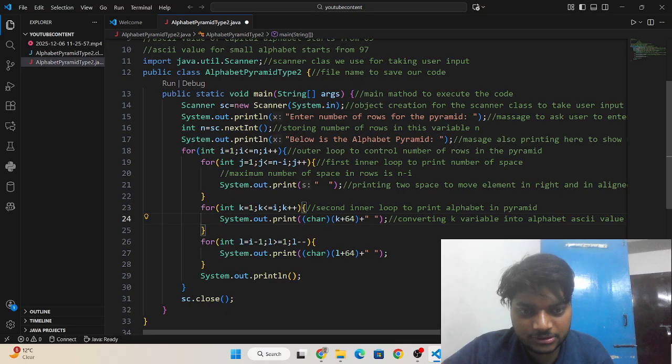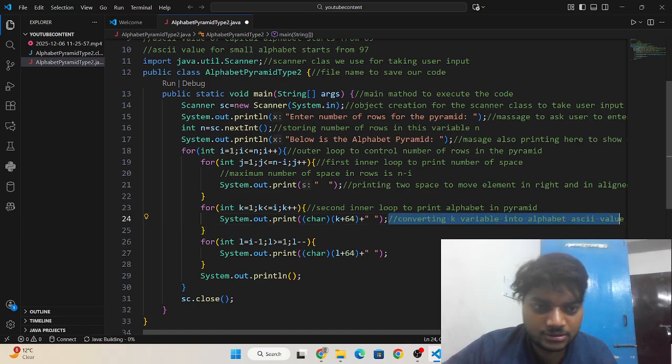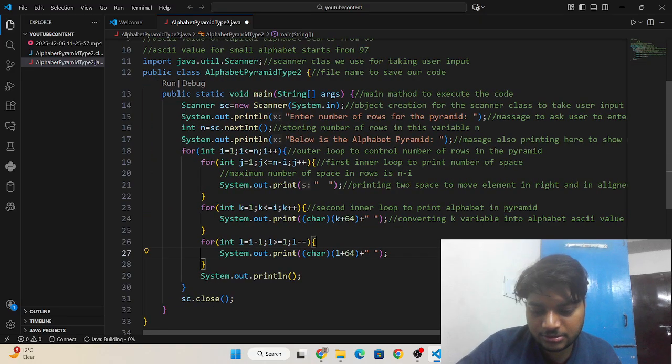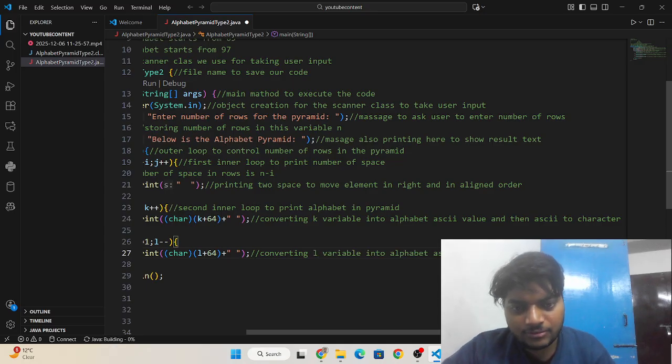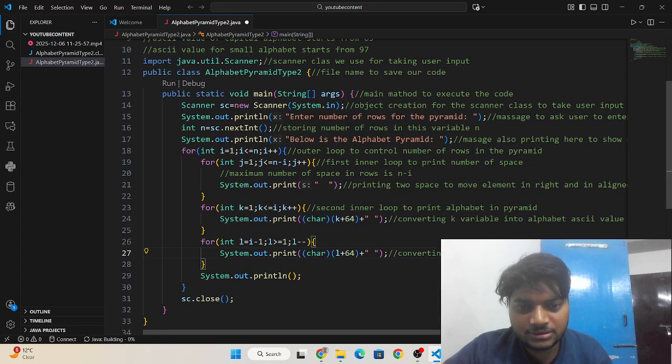Again we are doing the same thing here, converting the variable into an alphabet ASCII value, and from the ASCII value to a character.